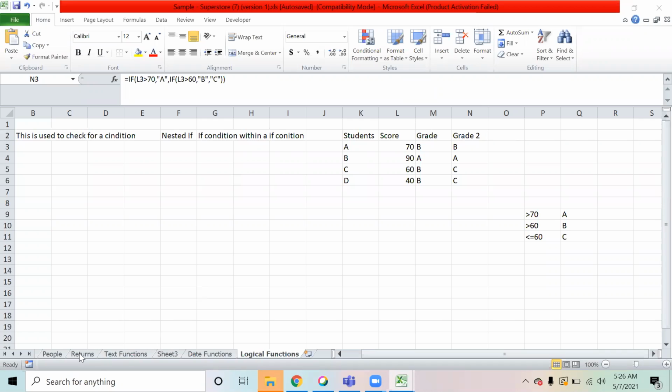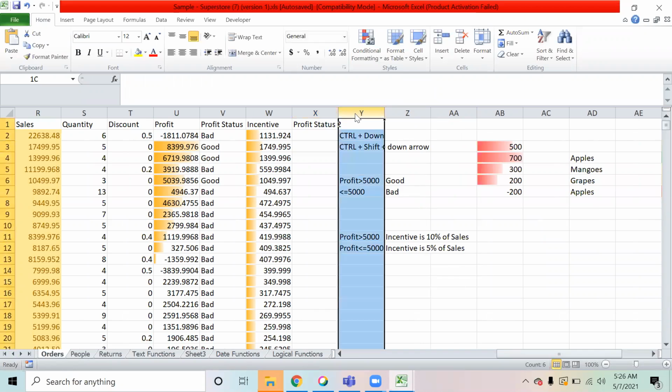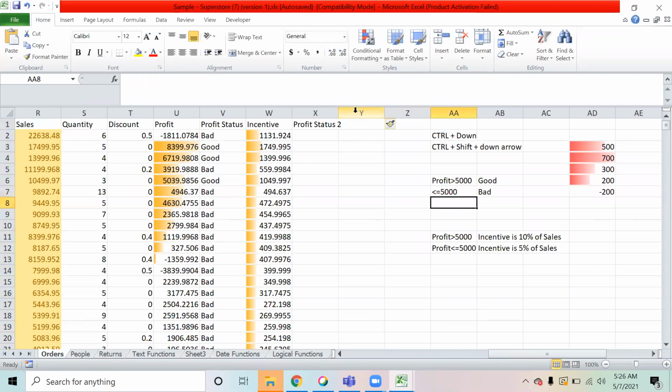Okay. So if you come back to the same table of orders, now please make a profit status again. And this time the profit status is that if the profit is more than 5,000, output should be excellent.